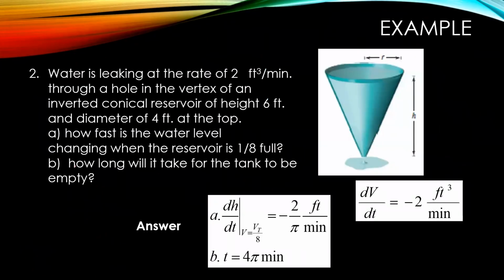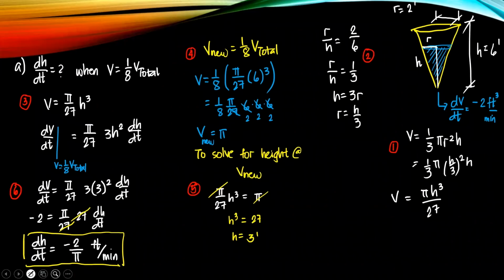There's another question. How long will it take for the tank to be empty? Okay, so time so that it becomes empty. So that means the total volume for it to be empty, what's the total volume? Pi h cubed over 27. So this is 8 pi cubic feet. So the time for it to empty is 8 pi